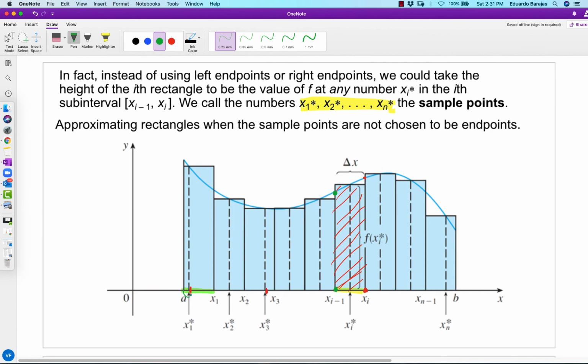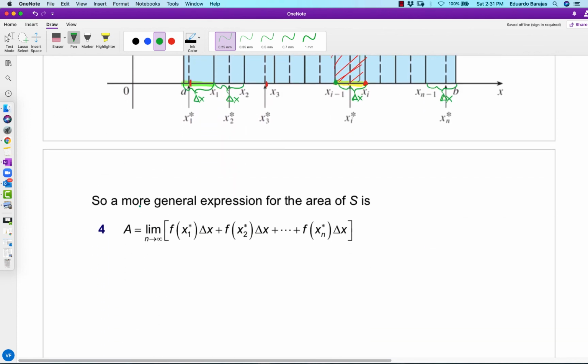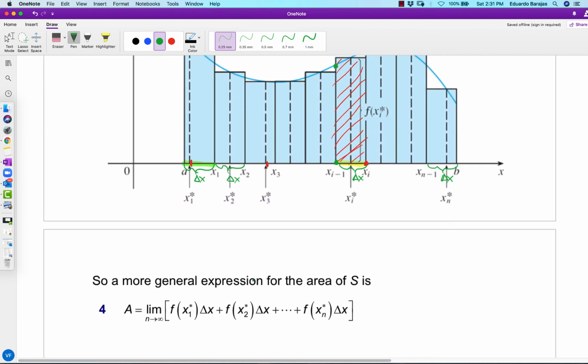So when we create approximating rectangles, they're all still going to have the same base of delta x, all the way out to the nth one. And now we let the height of each of those rectangles be determined by some x star value for each rectangle using the sample points. If we do that, it can be proven that we're going to end up getting the exact same answer as before. Okay, so the area is then going to be equal to the limit